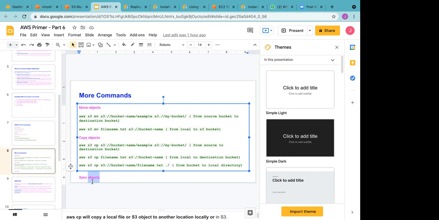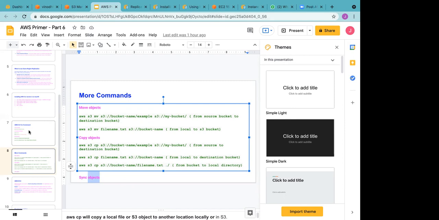This would help you in restoring objects which you have deleted, or syncing. For example, I moved something from my local to the S3 bucket, and then I added more content in S3 using the web console. If you want to sync both of them, your local directory and your Amazon S3 bucket, you can do it using the sync command. This was really interesting. Explore it, you would like it. I have just shared the basic commands for you guys to get started.